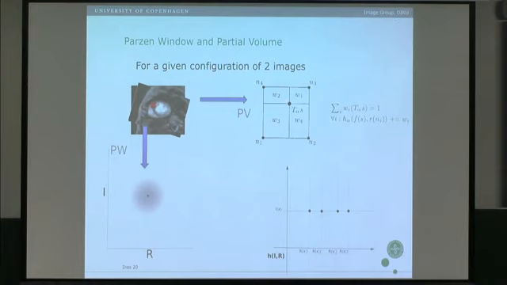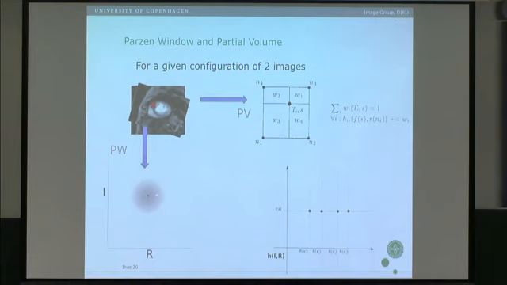The partial volume effect says that we take a weight comparing to the area, in 3D the volume, of these rectangles here, and we plot that into the histogram, dividing it over the intensities in these four corners with these weights. So that's the partial volume, whereas the Parzen window is using